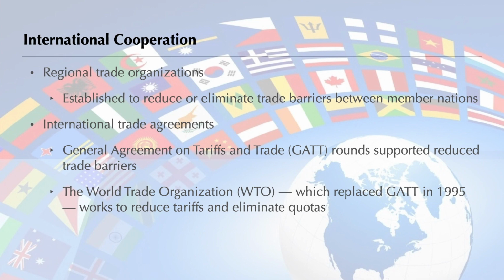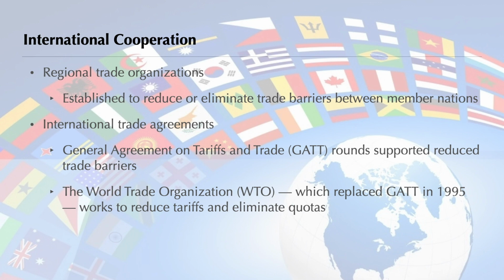Many nations have formed regional trade organizations or alliances to reduce or eliminate trade barriers among member nations. Such benefits, however, usually are limited to the member nations and may have negative consequences on nations that are not part of the alliance. Examples of existing regional trade organizations include the European Union, or the EU, which includes Austria, Belgium, Denmark, Finland, France, Germany, Greece, Ireland, Italy, Luxembourg, the Netherlands, Portugal, Spain, Sweden, and the United Kingdom and Ireland,